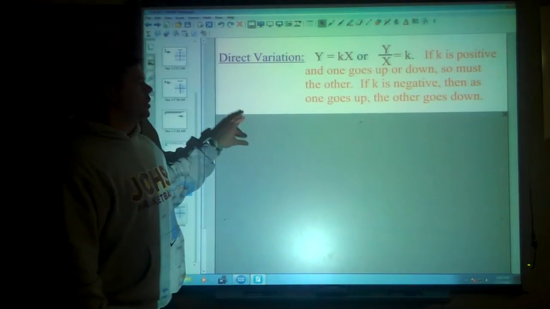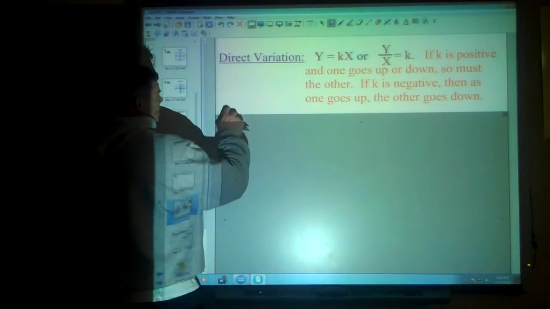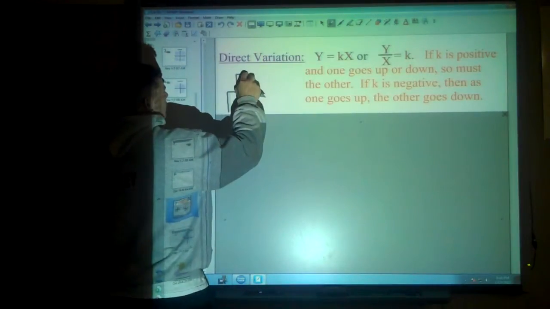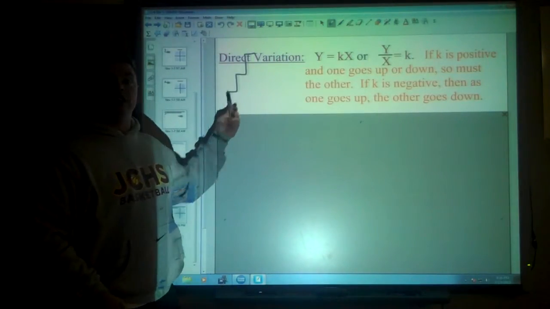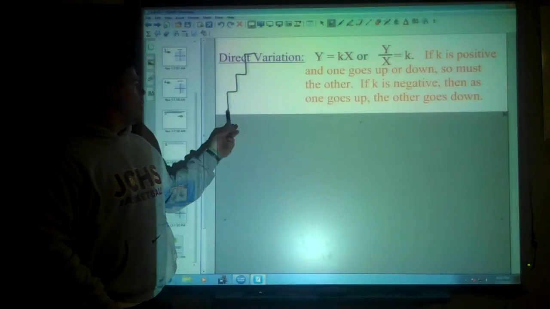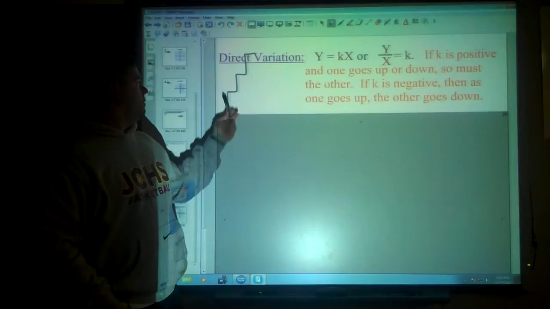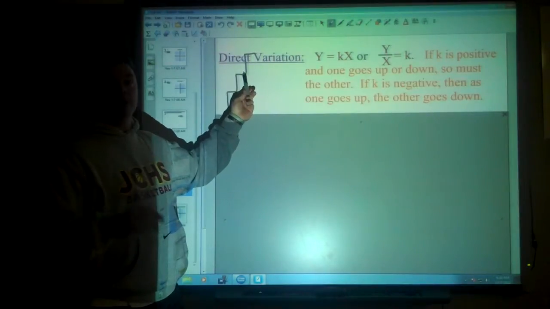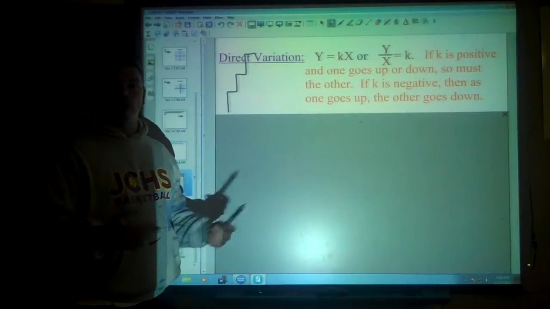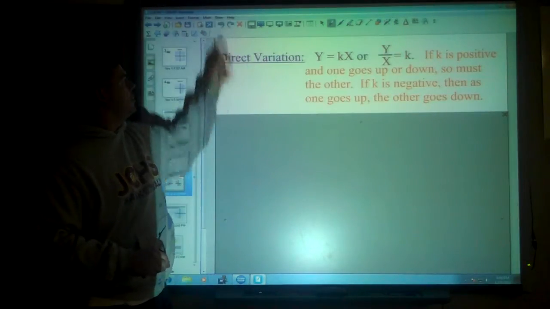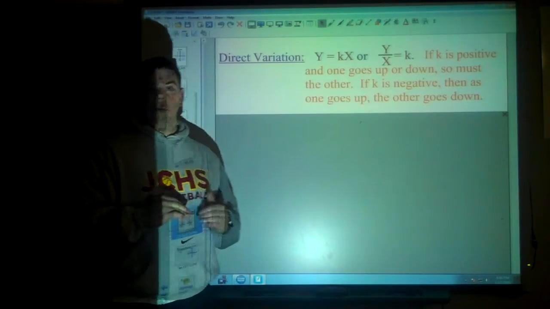Now, one thing that's interesting about constant, when we looked at graphs and we used the idea of rise over run, we went up and over, up and over, up and over. And this did not change. It was constantly the same slope. It didn't go up 3 over 1, up 3 over 1, up 5 over 1. It would go up the same amount, up 3 over 1, up 3 over 1. Now maybe it would go up 6 over 2, but up 6 over 2 is the same as up 3 over 1, so it's still the same amount,